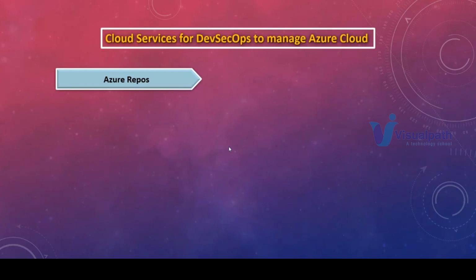Why? Because earlier, developers used particular tools for their development process and testing, and the operations team used other tools for deployment. Because of this, there is a gap between developers and the operations team. The developer will say, I have written the code, I have tested the code, and it is working fine in my system. And the operations team will say, we took this code and ran it, and it has some issues. Now they will have some discussion on this.